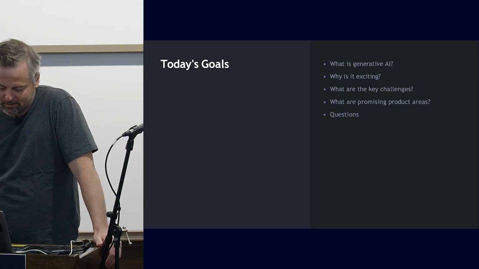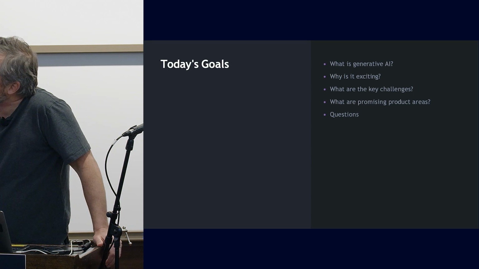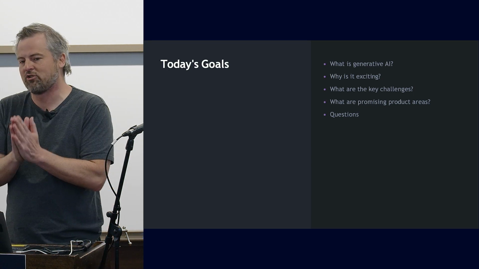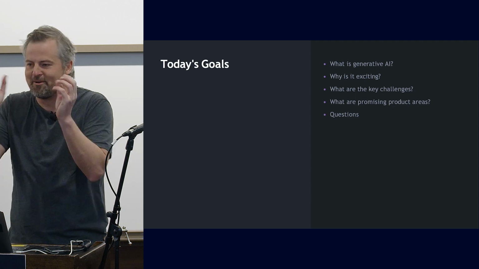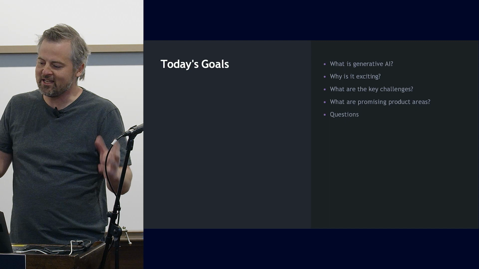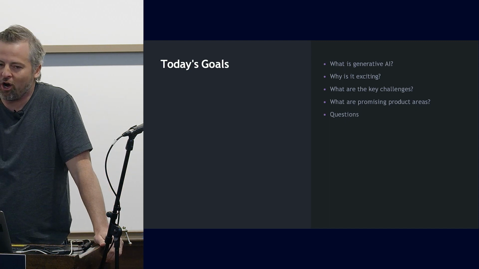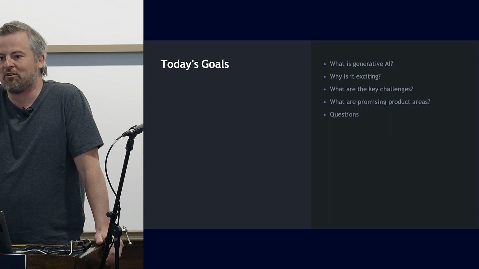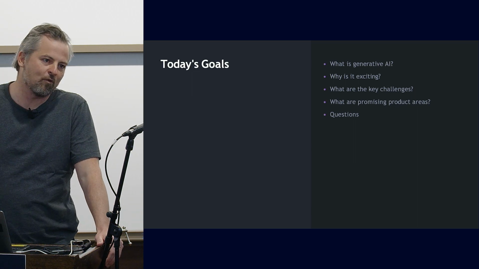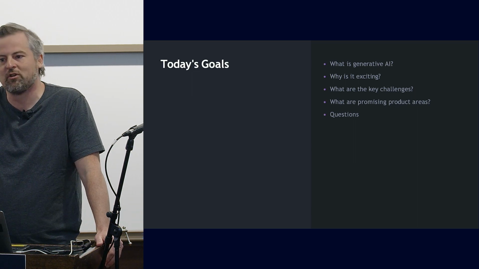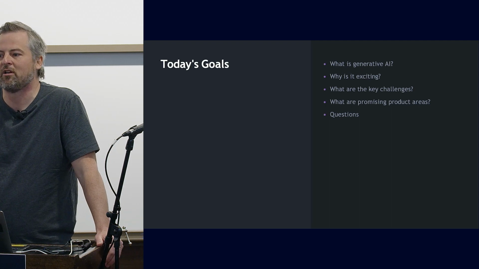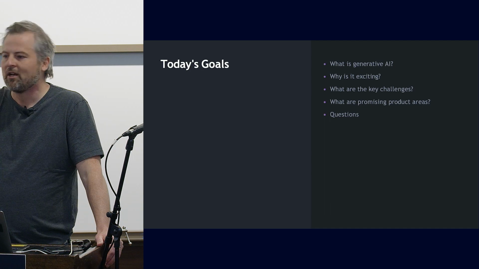So what are today's goals? I'm going to talk about a few different topics very quickly. I'll try to go through just what is generative AI and give you some intuition about that, starting with ChatGPT, but then going much beyond that. Why do I think it's exciting? And then the heart of the talk really will be about what are the key challenges for product builders. I'll give you some examples of key challenges, and workarounds that are possible or things you can do to address those challenges, or at least a sampling of workarounds so that you gain some intuition around, okay, if I have this type of challenge, where should I be looking?